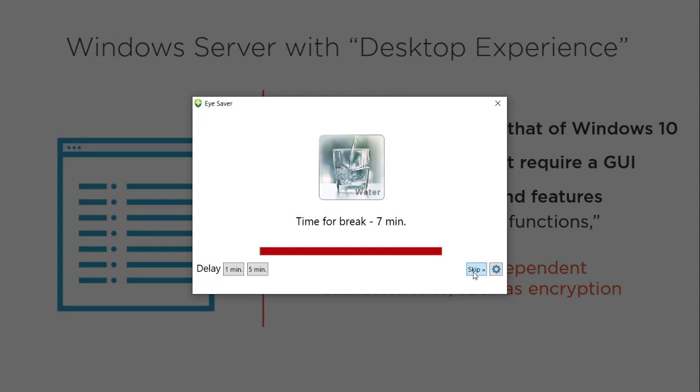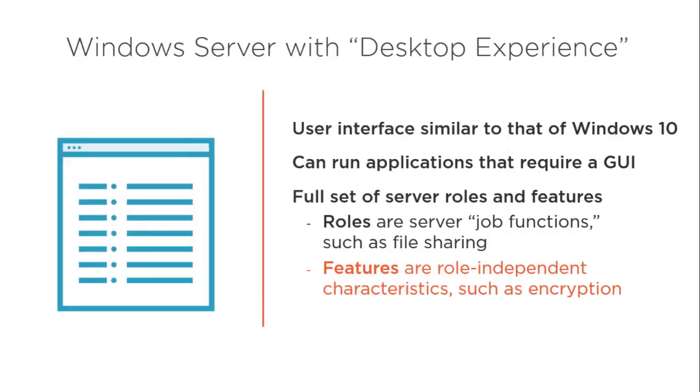On the other hand, we have features, which are different from roles. For example, we can encrypt our hard drive with BitLocker, which is called a feature. Likewise, we have the .NET Framework 3.0 or above feature. So features are different from roles. Roles are services offered by the server, like name resolution, IP assigning, and web hosting services. Features are characteristics like encryption and the .NET Framework.